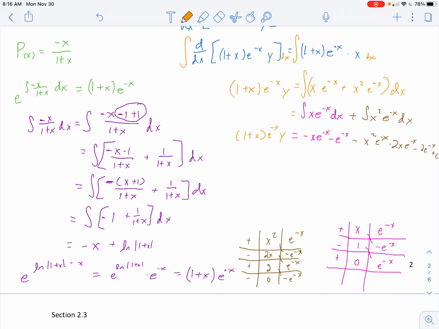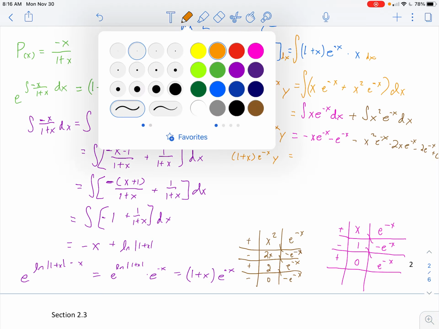My Apple Pencil's low. So 1 plus x e to the negative x times y. And now we're just going to divide everything by 1 plus x e to the negative x. I want you to see that everything has an e to the negative x, so they're going to cancel out. I'll just rewrite this as 1 plus x e to the negative x times y is equal to,